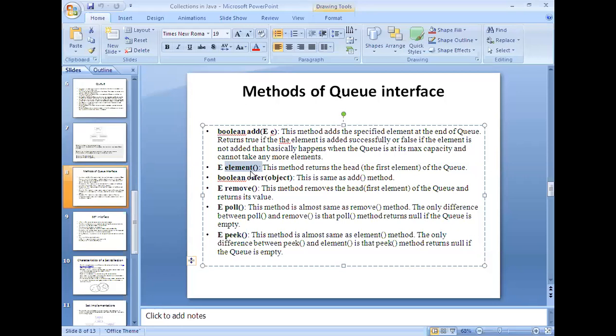So those are the various methods available in the queue interface in the collections framework.